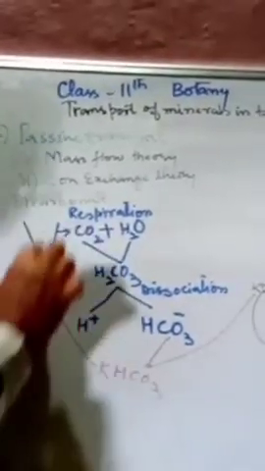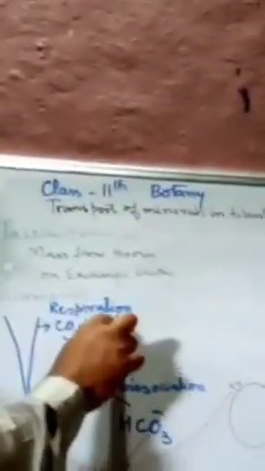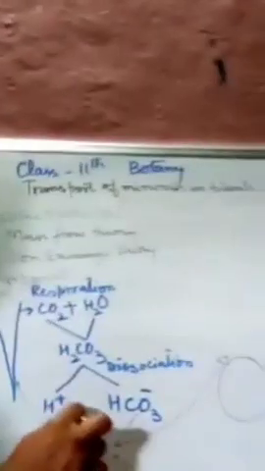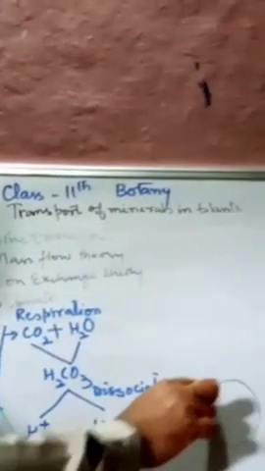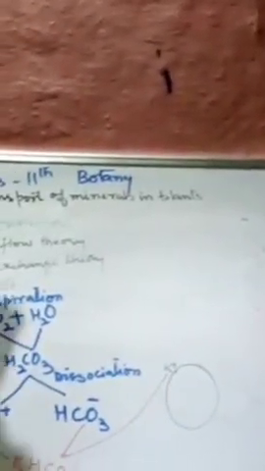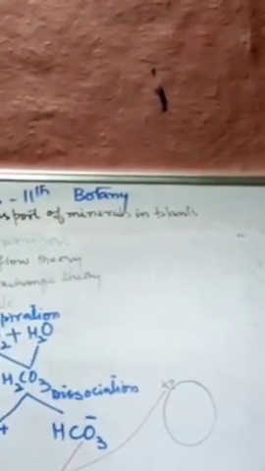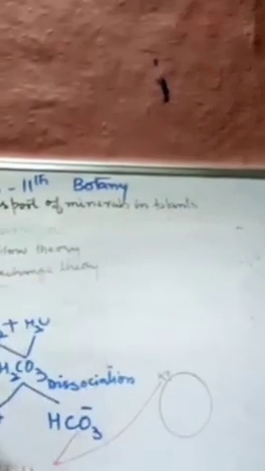So in the bicarbonate case, in the root the process of respiration takes place, carbon dioxide is evolved, this carbon dioxide combines with the water, and when it combines with the water it forms carbonic acid. This carbonic acid undergoes dissociation, it forms the hydrogen ion and bicarbonate. This bicarbonate combines with the potassium ion, forms potassium bicarbonate, and then this potassium bicarbonate enters the root, and then it is transported. This is the one. Second जो हमारे पास है, that is the ion exchange, that is how the ions get exchanged, potassium and hydrogen ions.